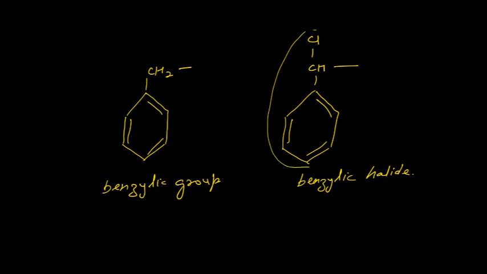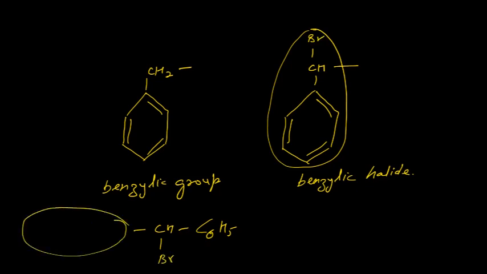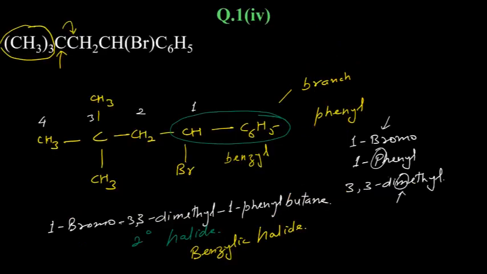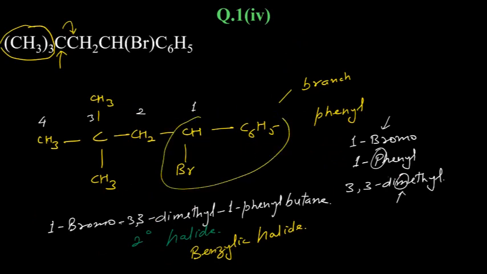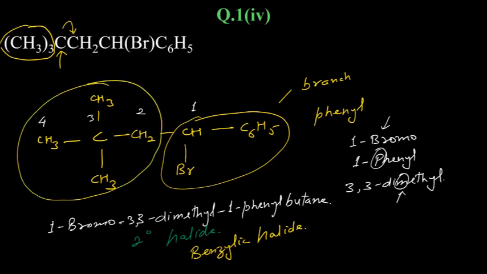And if you see this thing, this is C6H5, then CH, and then CH. Chlorine is attached, for example, it might be bromine. Okay? And then here you have something else attached. And this is exactly the structure we are talking about. We have this structure here, and then alkyl group attached here. This is structure here, benzylic halide, and alkyl group attached to it.